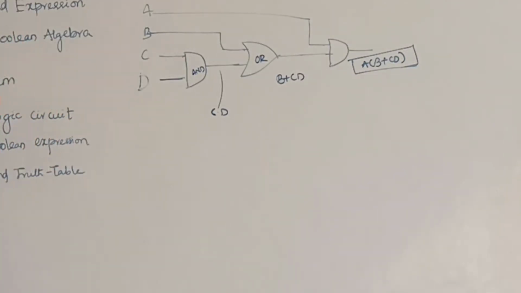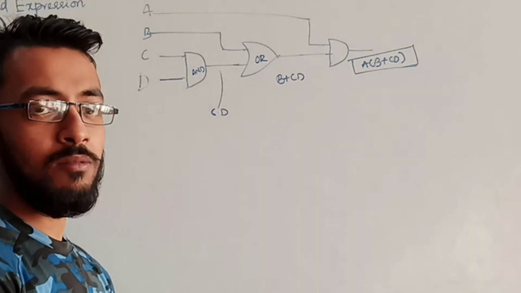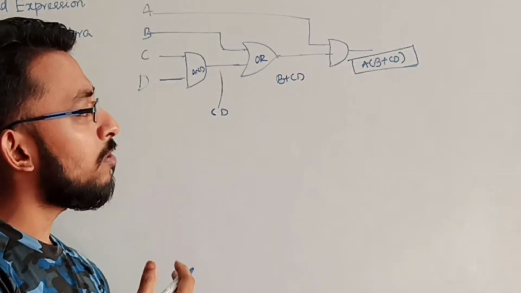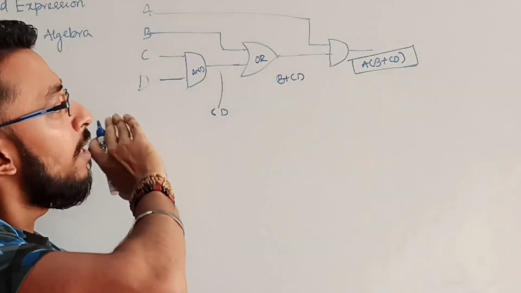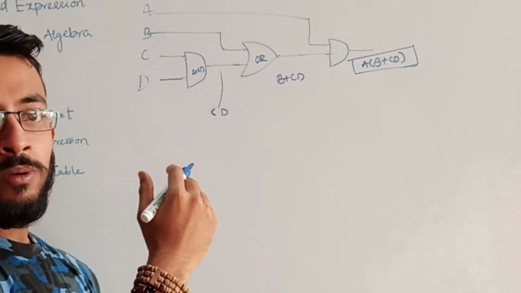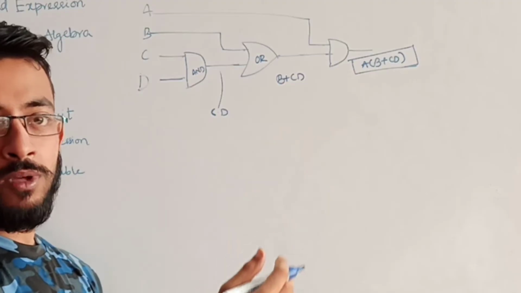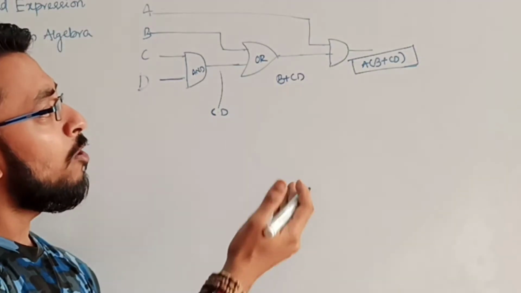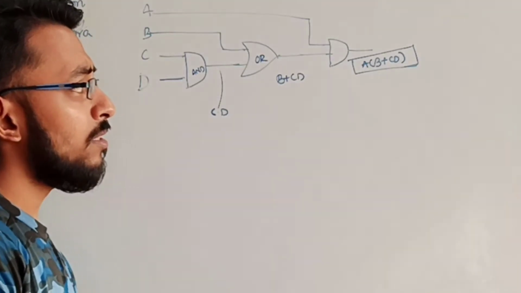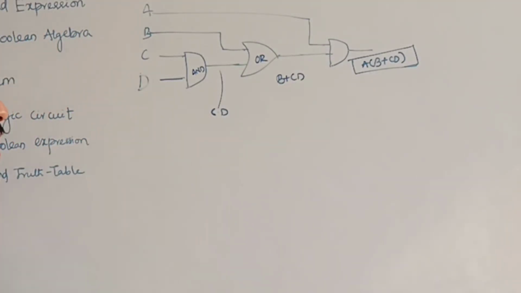So there can be a very big logic circuit. There can be any number of gates that are used in this logic circuit. So you have to start from your left, and accordingly you have to proceed further. One gate at a time. Then again the output of that gate is applied to another gate. What will be the output of the second gate? Then again the output of the second gate is applied to another gate. So what will be the output? Okay. So this is the Boolean expression that we got from this logic circuit.